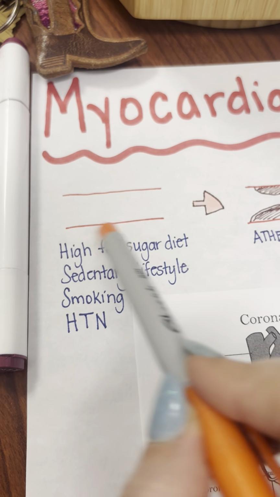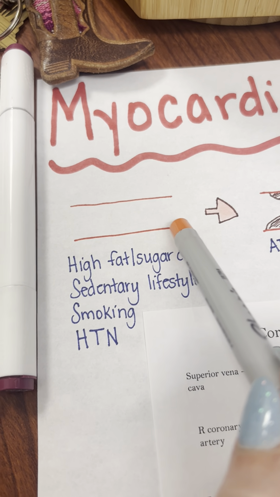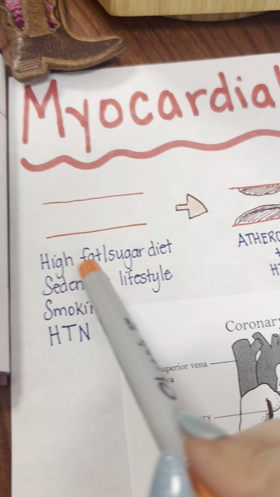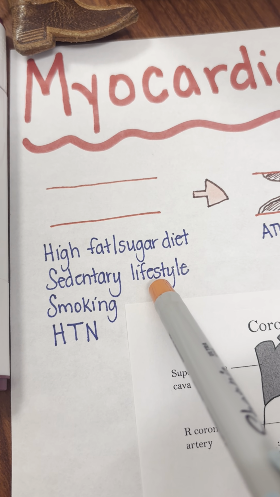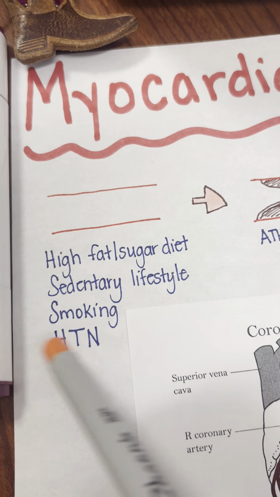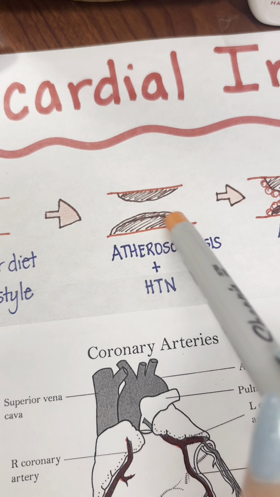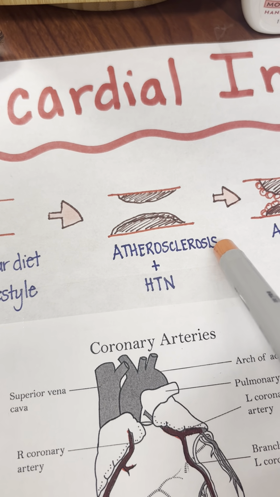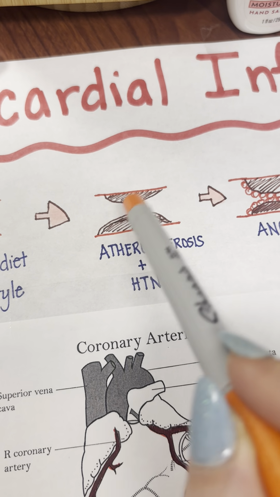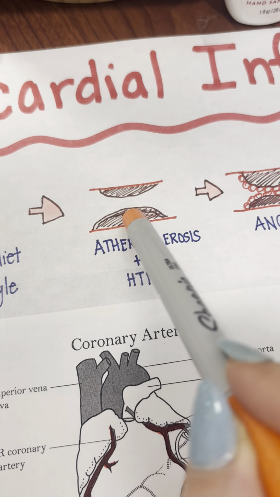Well, look at these beautiful blood vessels. That's how they started out when we were born, okay? And then we started having a high fat and high sugar diet and sitting around and not doing anything and smoking and got our hypertension. And then all this cholesterol and fat and junk started building up in all of our vessels. That is called atherosclerosis. The vessels kind of start to look like this. They've got sludge up in there.